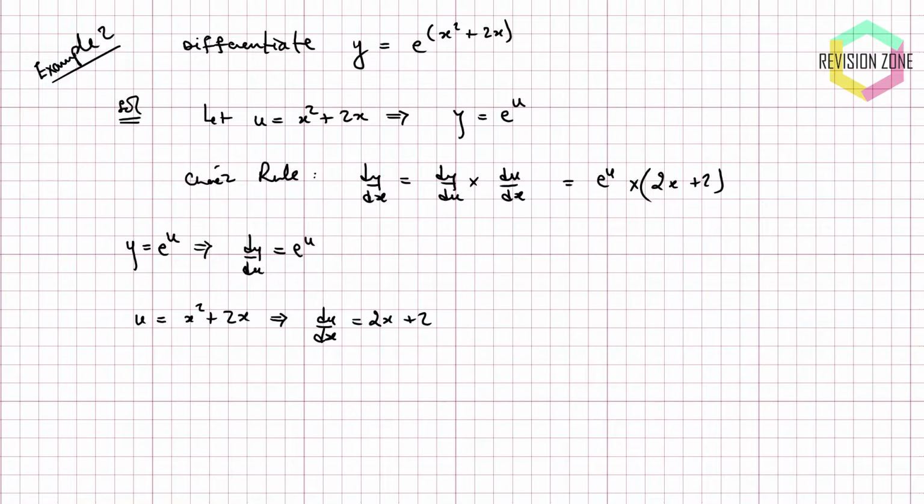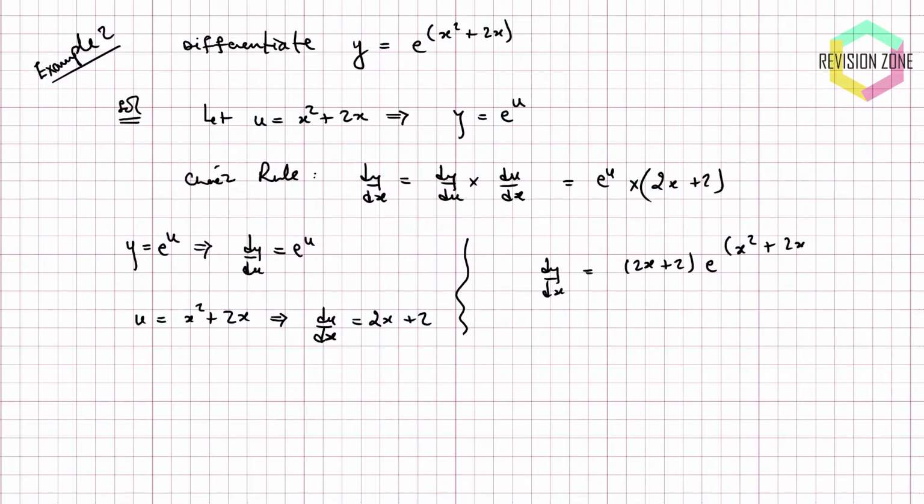So the only thing worth doing here is perhaps replacing the description in terms of u with something in terms of x, because we want our derivative written out in terms of x. So I can say, making a bit of room, dy by dx is actually 2x plus 2 e to the power, and now we replace whatever our u was in terms of x. So we say x squared